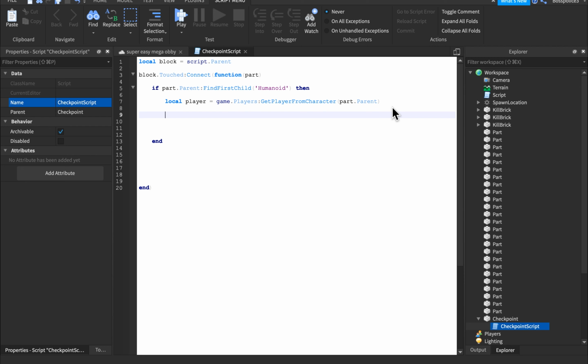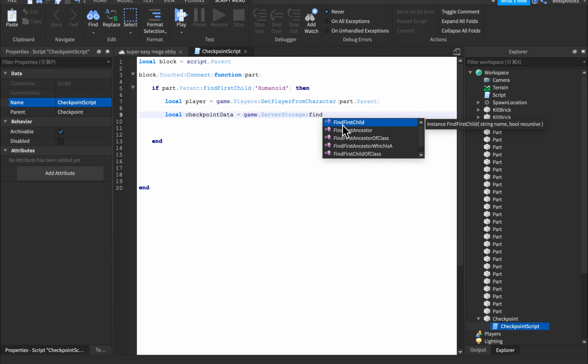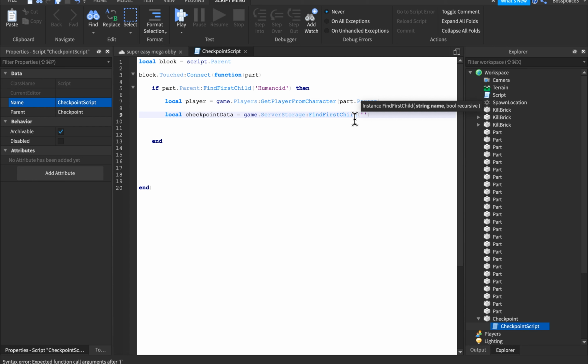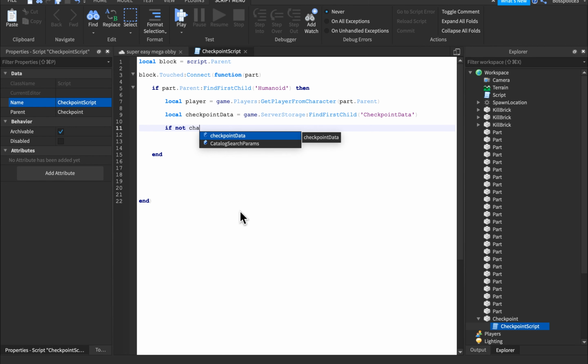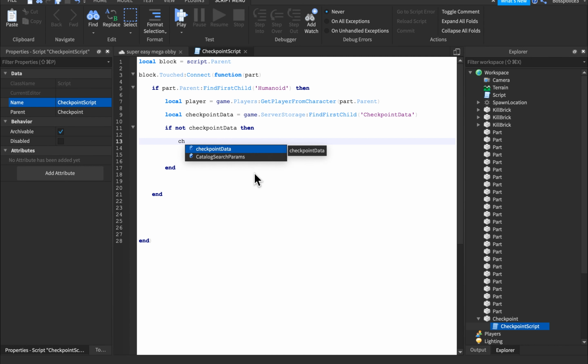Then we just want to write a few more variables here. Local checkpoint data equal to game.ServerStorage find first child, quotation marks, CheckpointData. We want to write if not checkpoint data, then let's give ourselves a little bit of space here. Want to write checkpoint data is equal to